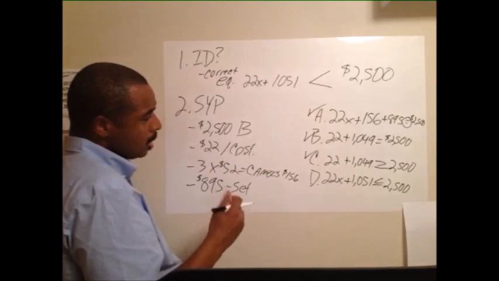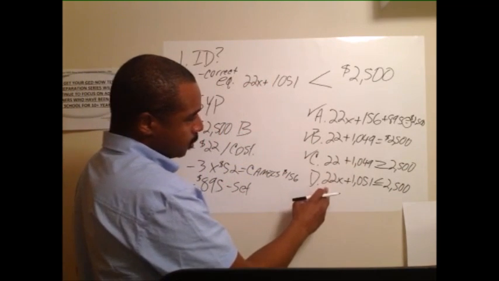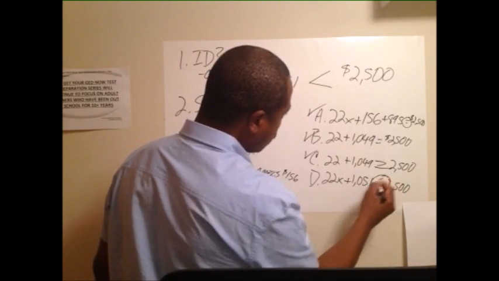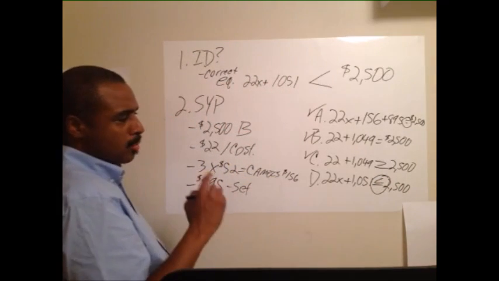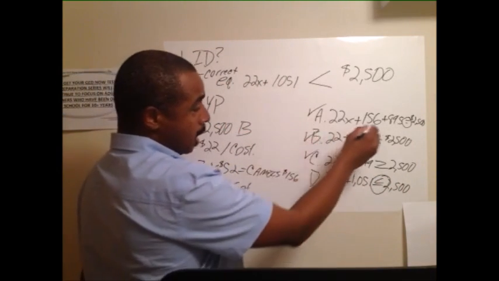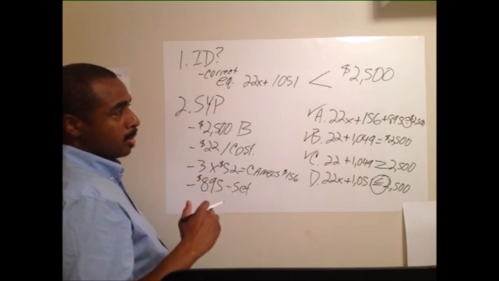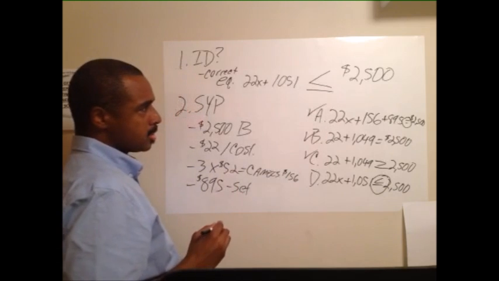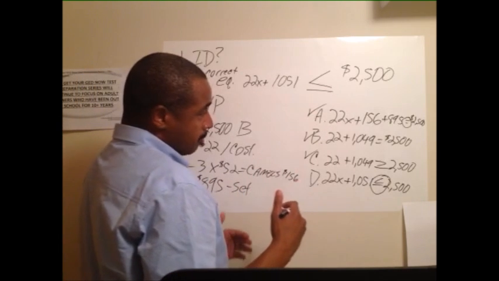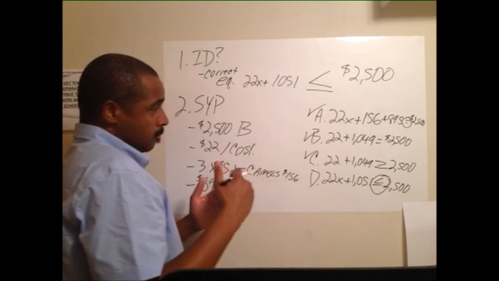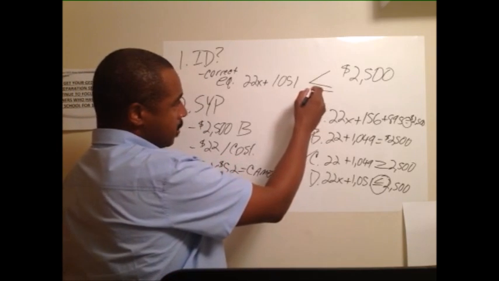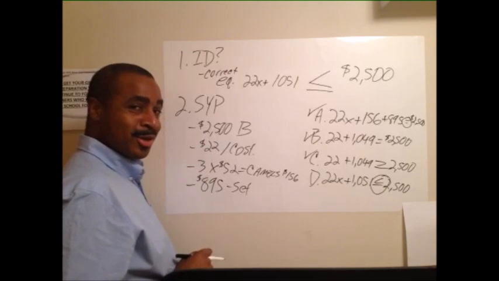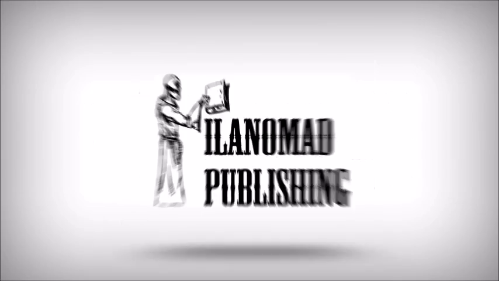Okay, so finally we come down here to 22x, but we see a difference here. We see less than or equal to. So this is the most accurate one. I know some of you were going to say, well, hey, how did you know he didn't come to budget? And this is what this sign does. The less than or equal to sign allows us to say, well, we know he didn't go over budget, but he could have met budget, or he could have been under budget. So that's why this sign, the less than or equal to, covers both of those scenarios. For you smarty pants out there who are going to try to catch me in a